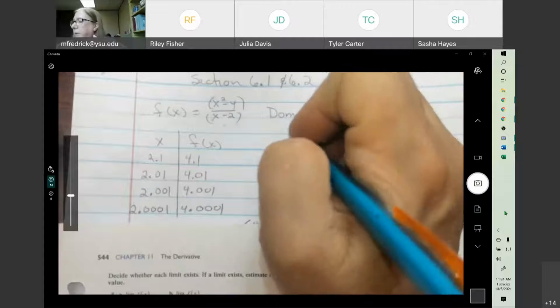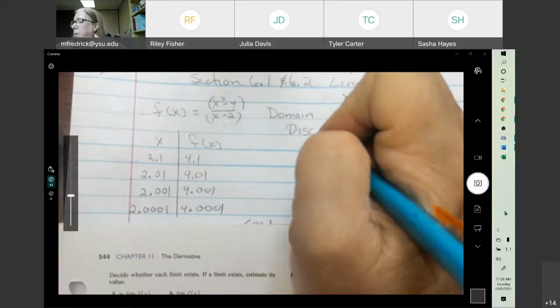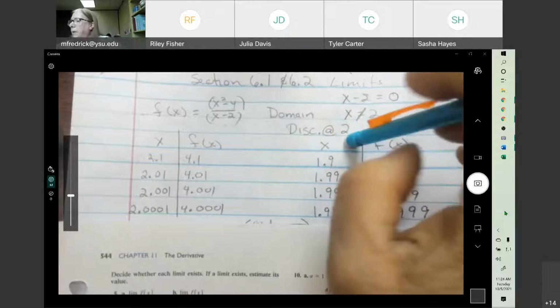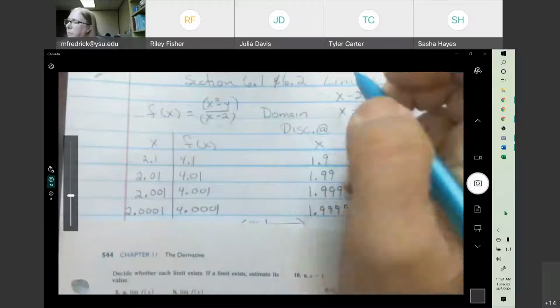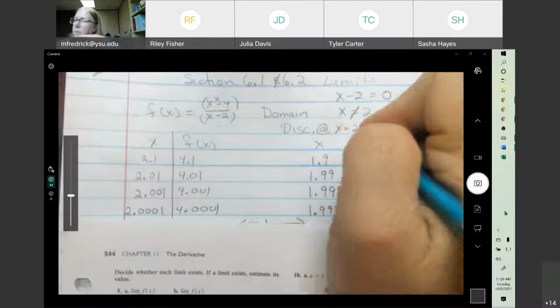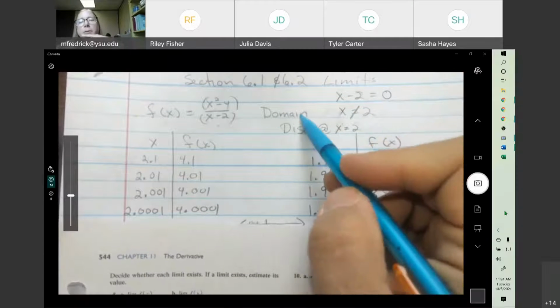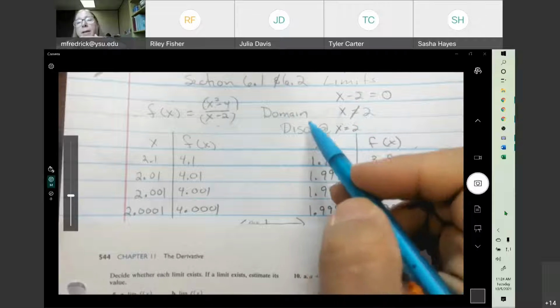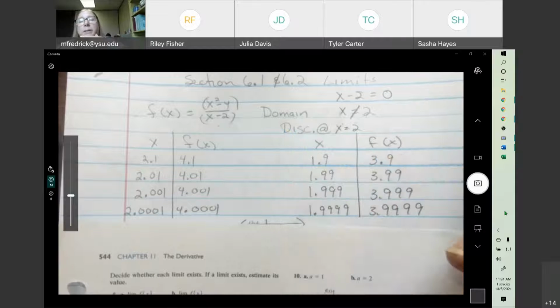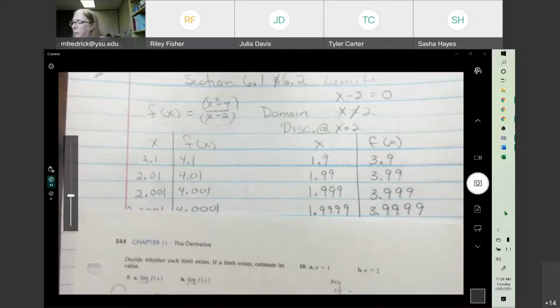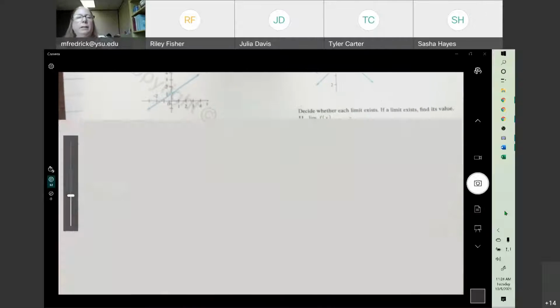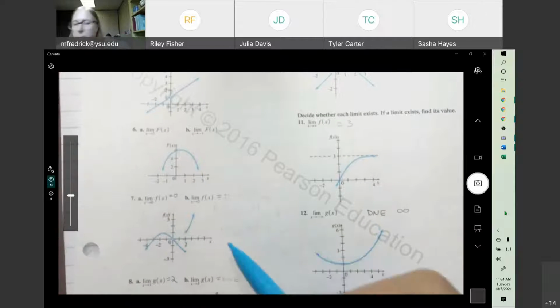So this would be discontinuous at x equals 2. Anything omitted from the domain, that's where your function would be discontinuous. Now, if we looked at number 7,